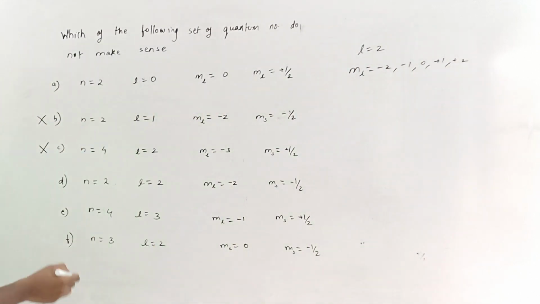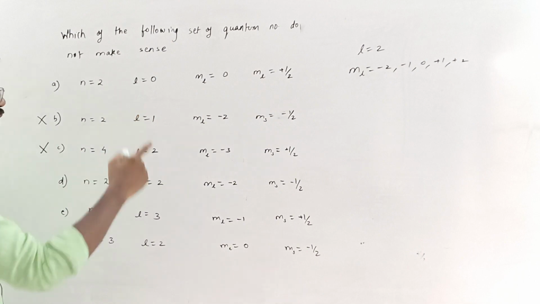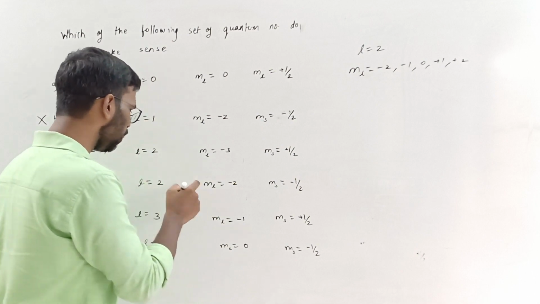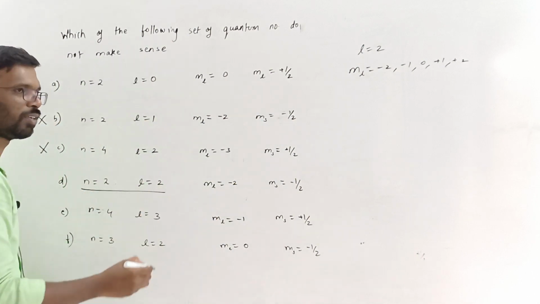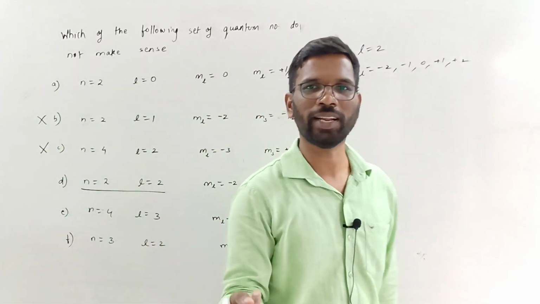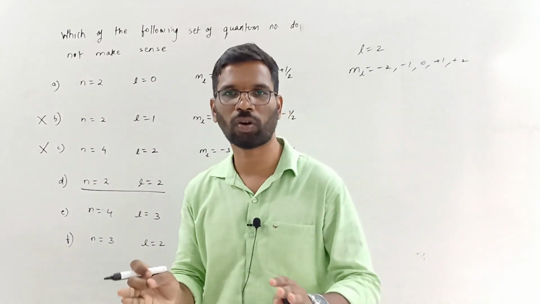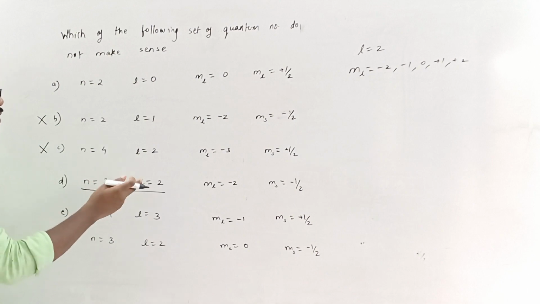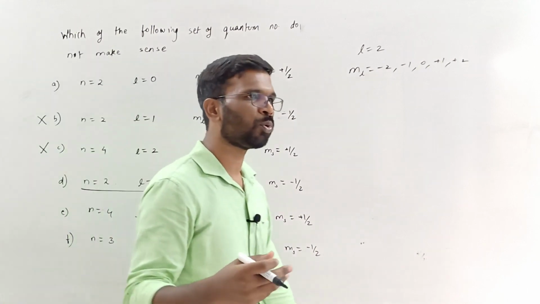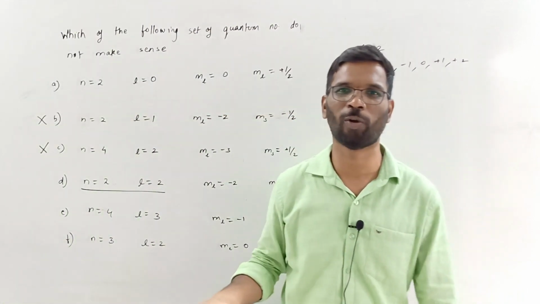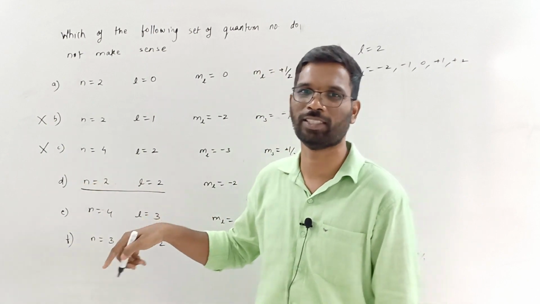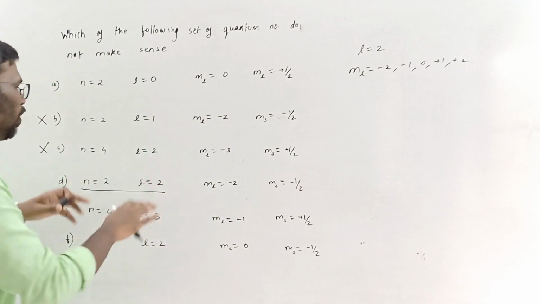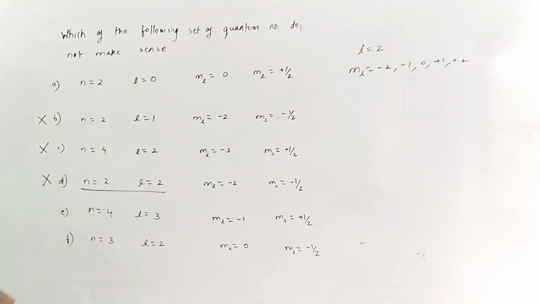What about this? n is equal to 2, l is equal to 2, ml is equal to -2. See, the principal quantum number and azimuthal quantum number both cannot have the same value. Remember this. It is like you are saying a 2d orbital. You just go through the Aufbau principle and see whether there is a 2d orbital existing. There is no 2d orbital which exists. Just like there is no 1p orbital, in the same way there is no 2d orbital. So this is also incorrect.